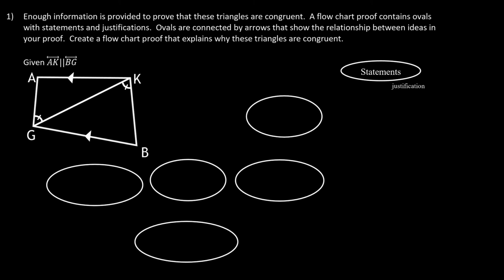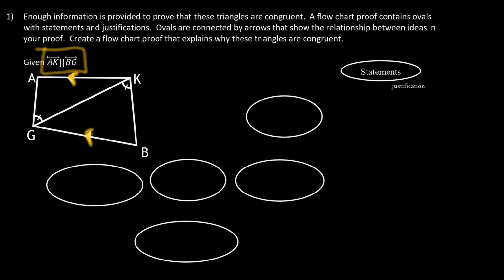So first thing, there's a couple things that are given in this diagram, and the first thing that is given is the fact that these lines are parallel to each other, and I've given you that in two ways, right? One of them is having these arrows on top of them, right? These indicate parallel, and also I wrote it. I said line AK is parallel to line BG. So that is going to be an important idea for this proof, because the fact that those lines are parallel